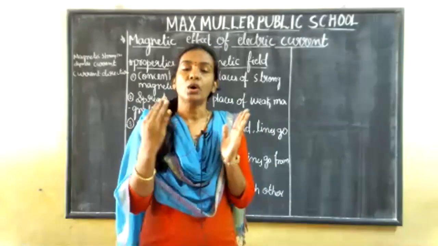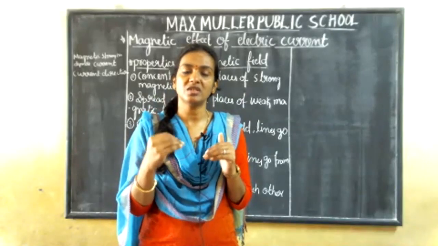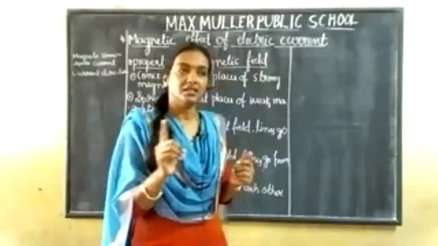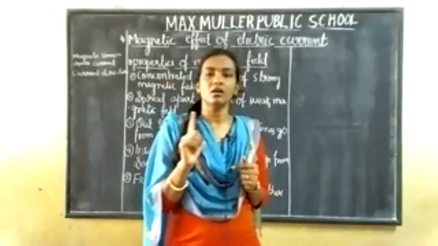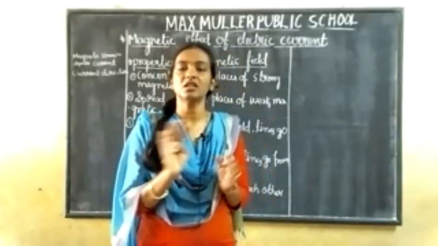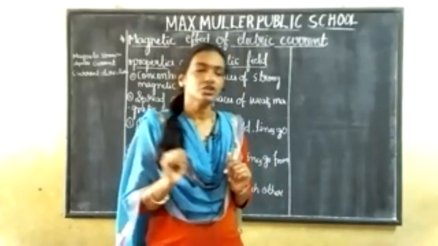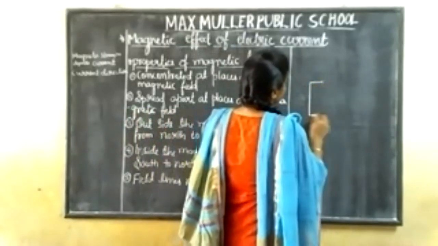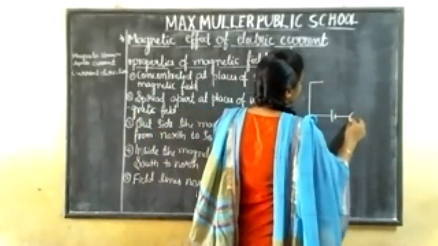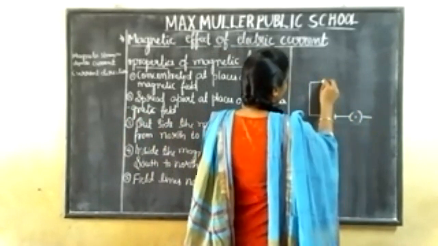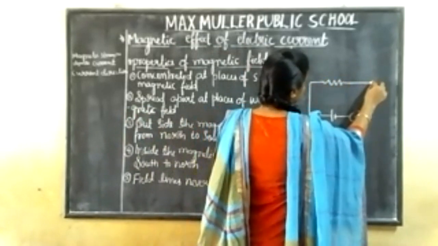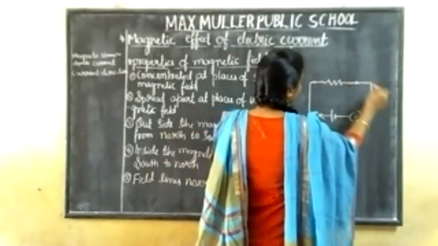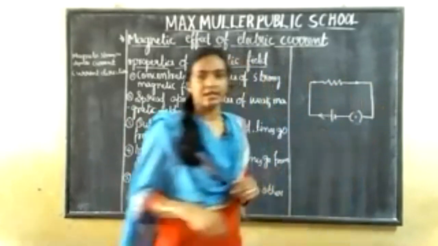Okay, we are very familiar with the electric current. We studied it very well, even offline and online, I explained this twice, I think. So we all are very clear with that concept. Right. So here we know the circuit diagram of an electric current, used to show the direction of a current also, isn't it?